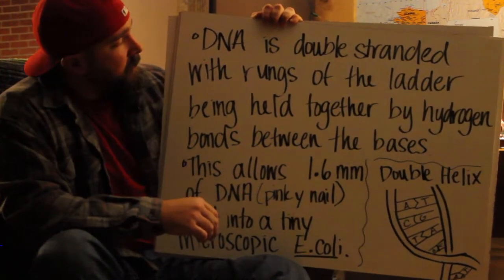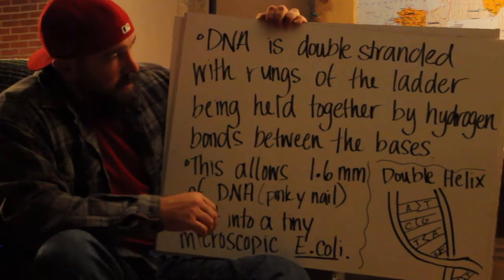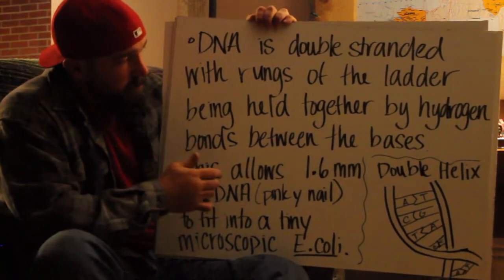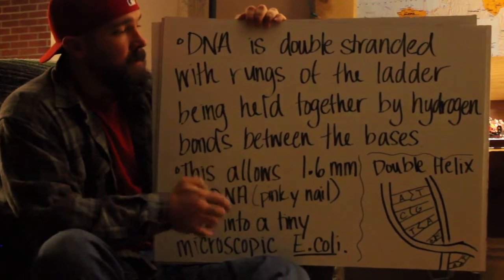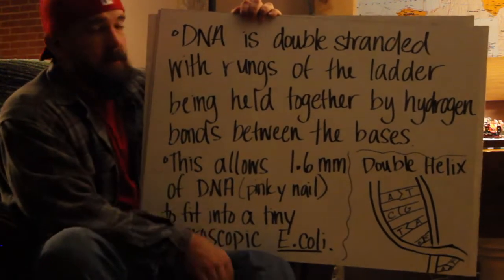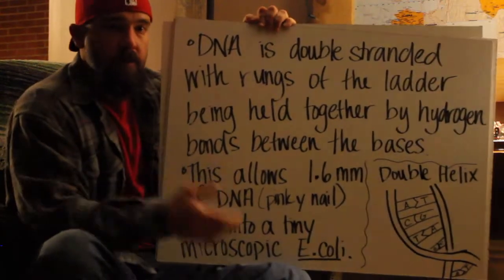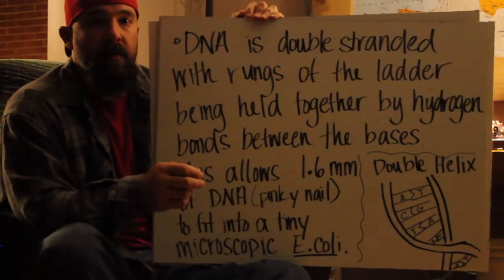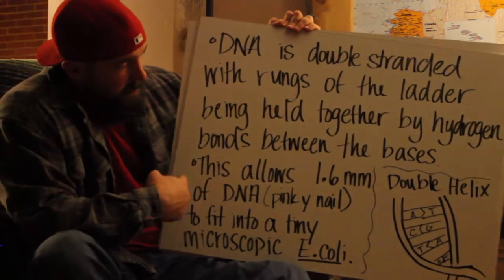DNA is double-stranded with rungs of the ladder being held together by hydrogen bonds between the bases. Hydrogen bonds are bonds that, just like in water, are easily broken so that the DNA can unwind and make copies of itself, or make an RNA molecule. This allows